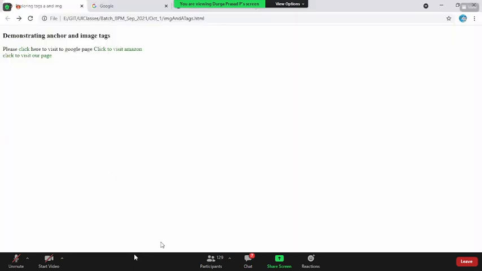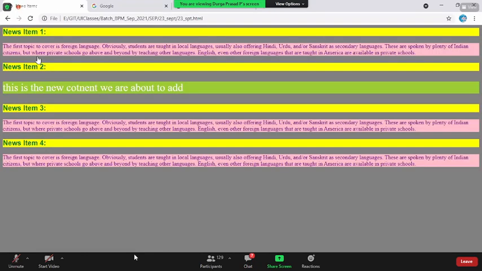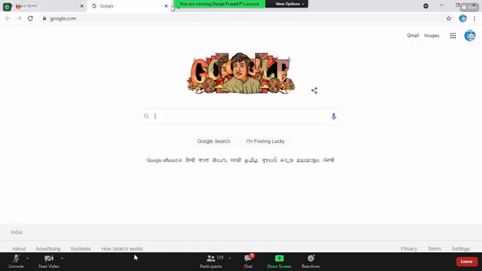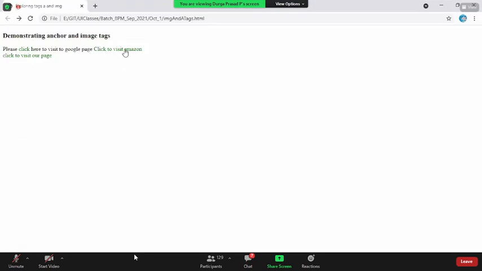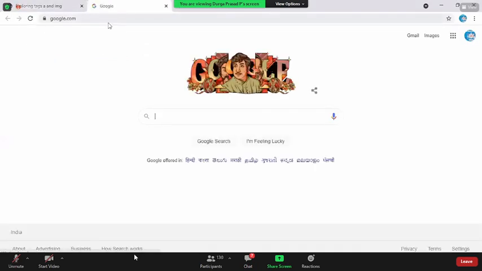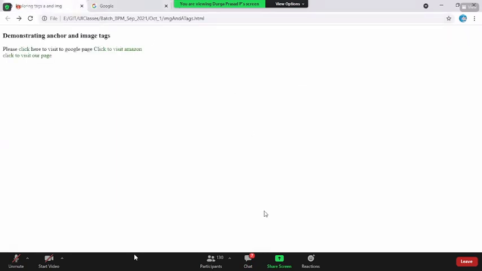When I click on visit, see here, it is replacing the current web page. It is not opening in a new tab. But for google.com, I gave it as underscore blank. See here, when I click on this, it opens a new tab and shows the content. That is what we call target underscore blank.